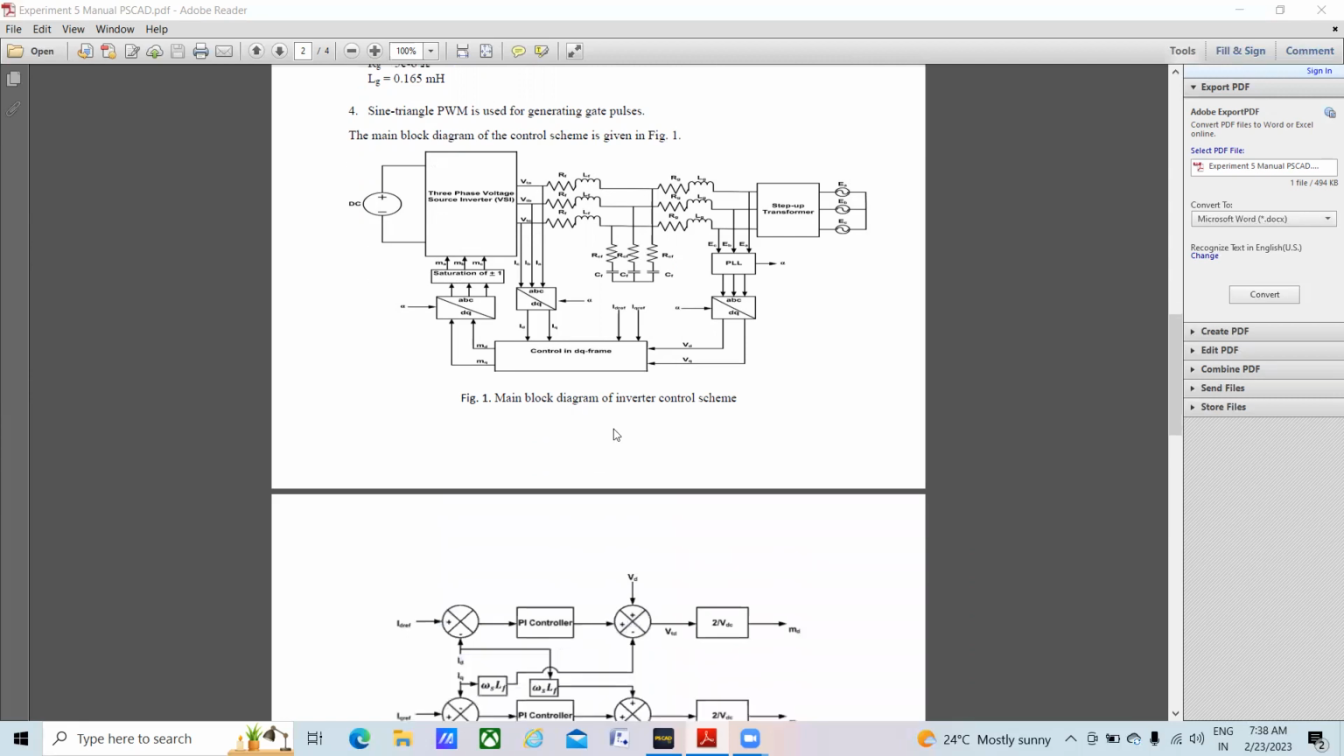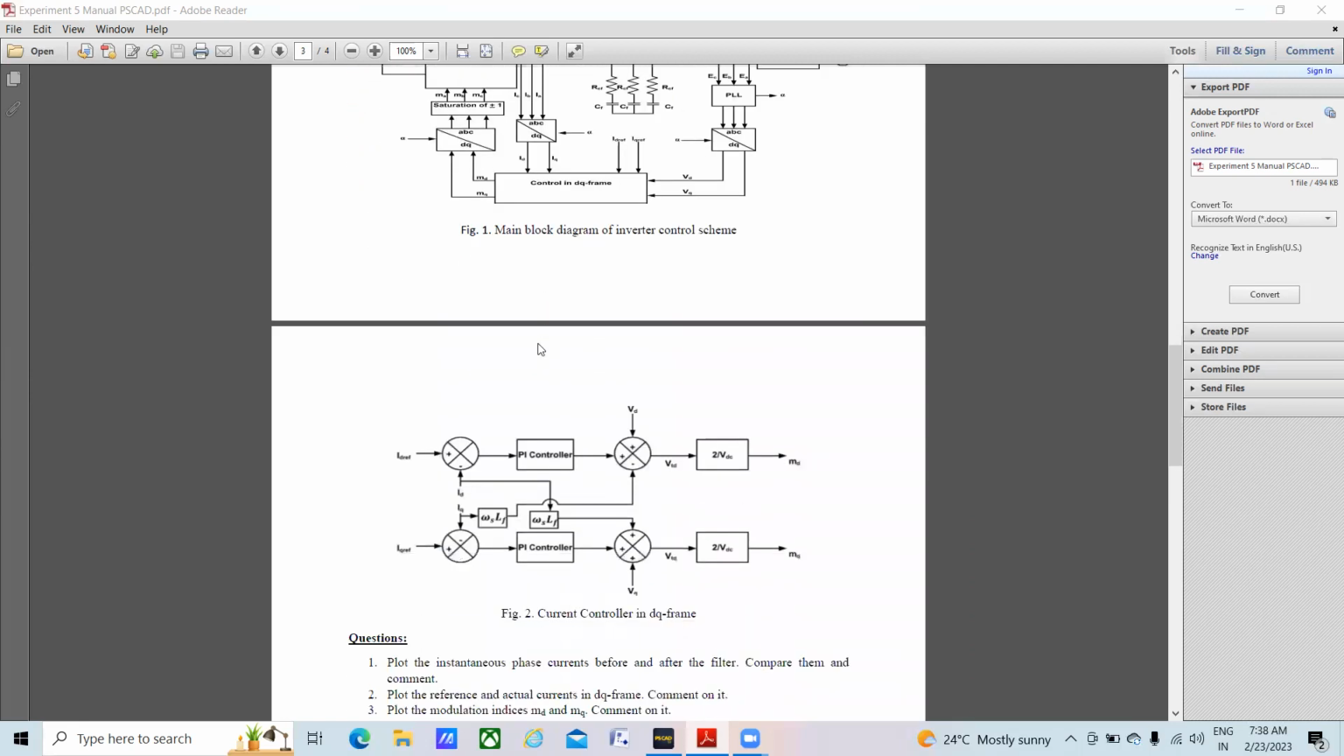So in this controller in DQ domain, I am using a current controller in DQ frame. You can see that I am comparing the ID reference with actual ID to generate a control signal or error signal that is passed through PI controller. Okay, and then